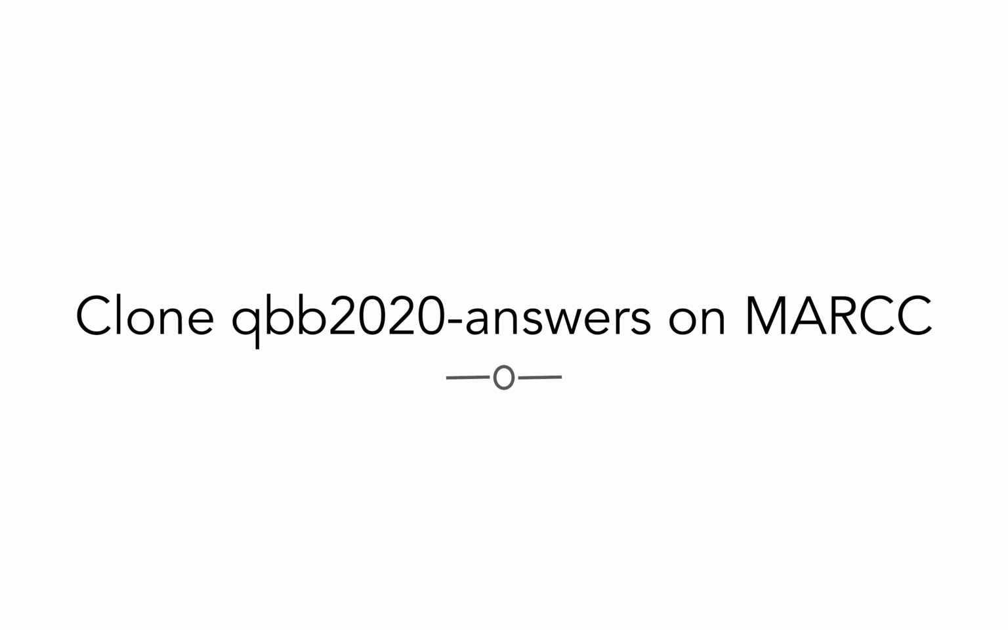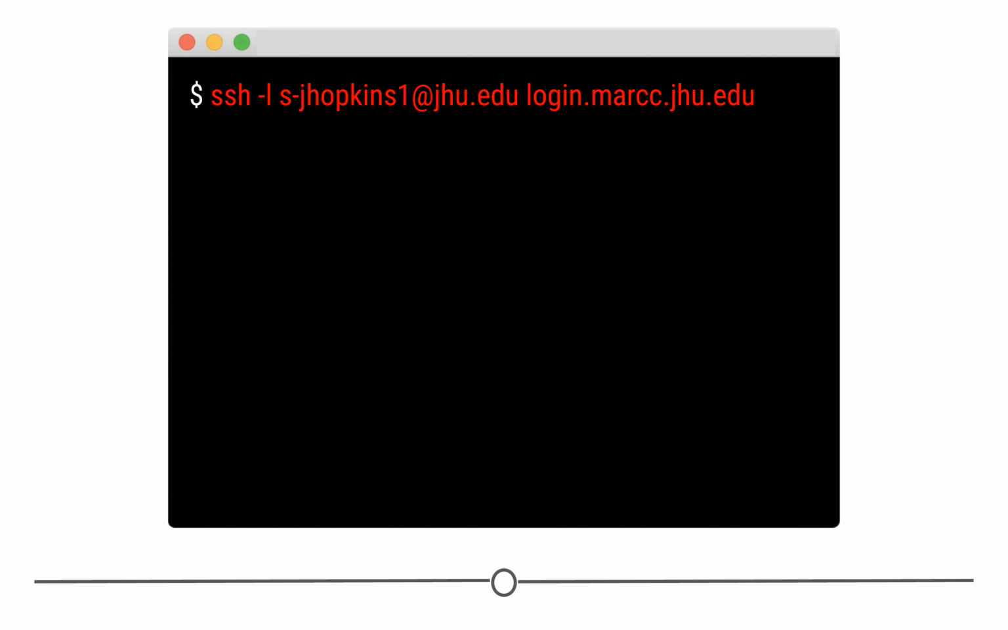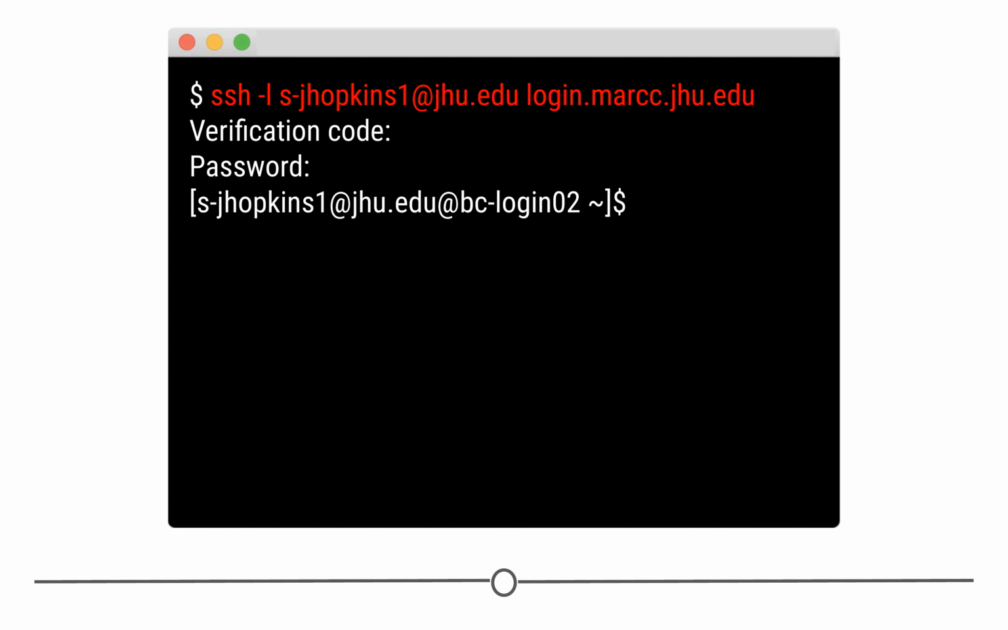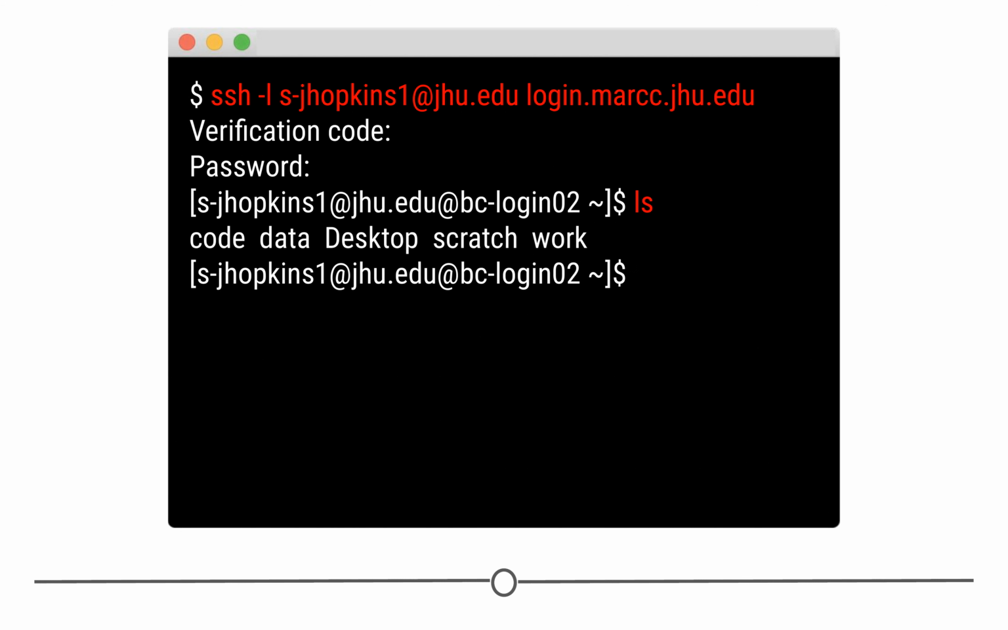Clone QBB 2020 Answers on MOOR. We will now practice making a copy of your Git repository on MOOR. First, connect to MOOR using SSH. As a reminder, after entering your 2-factor authentication code and password, you will see a prompt with your username and MOOR login node. List the file contents to confirm that you see the 5 directories: code, data, desktop, scratch, and